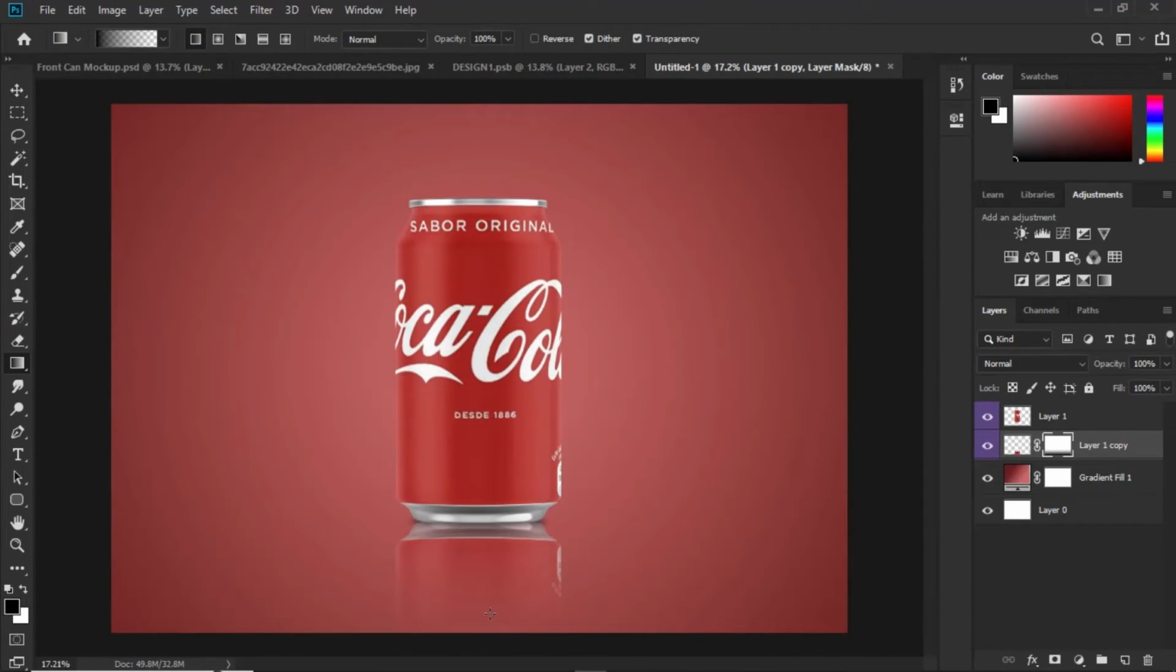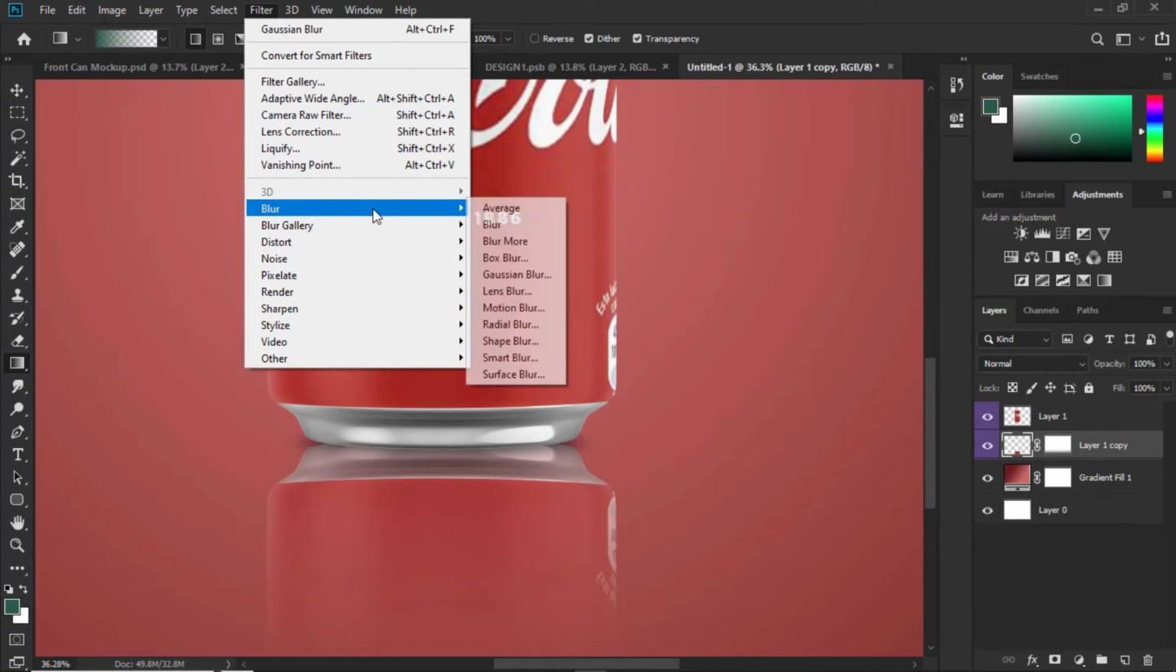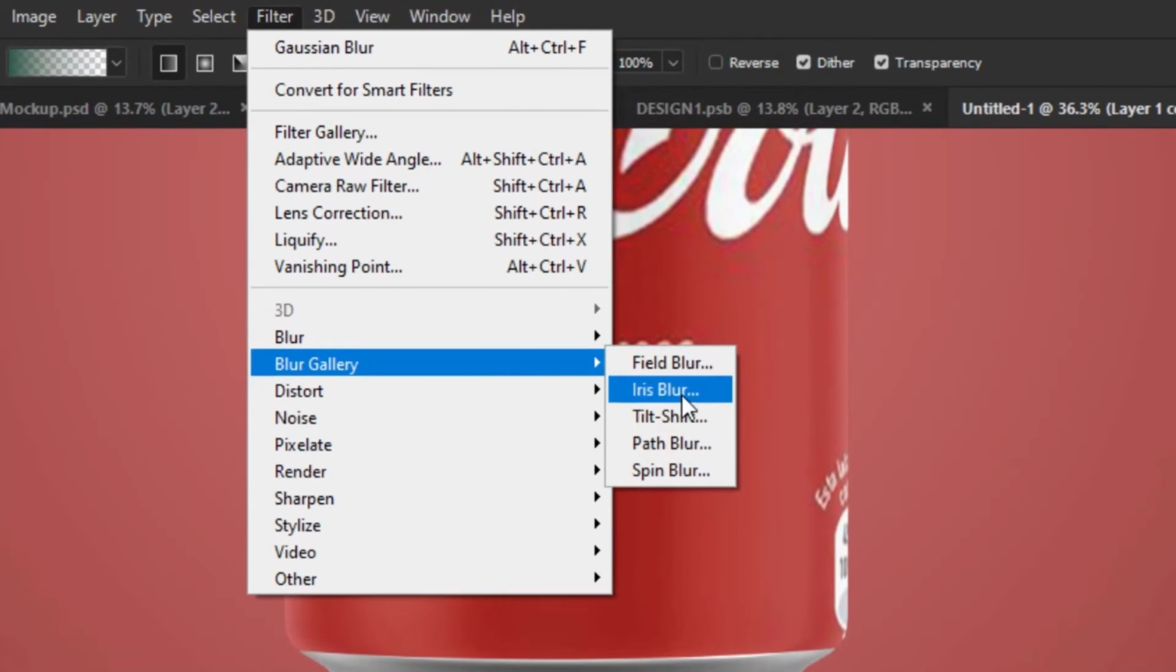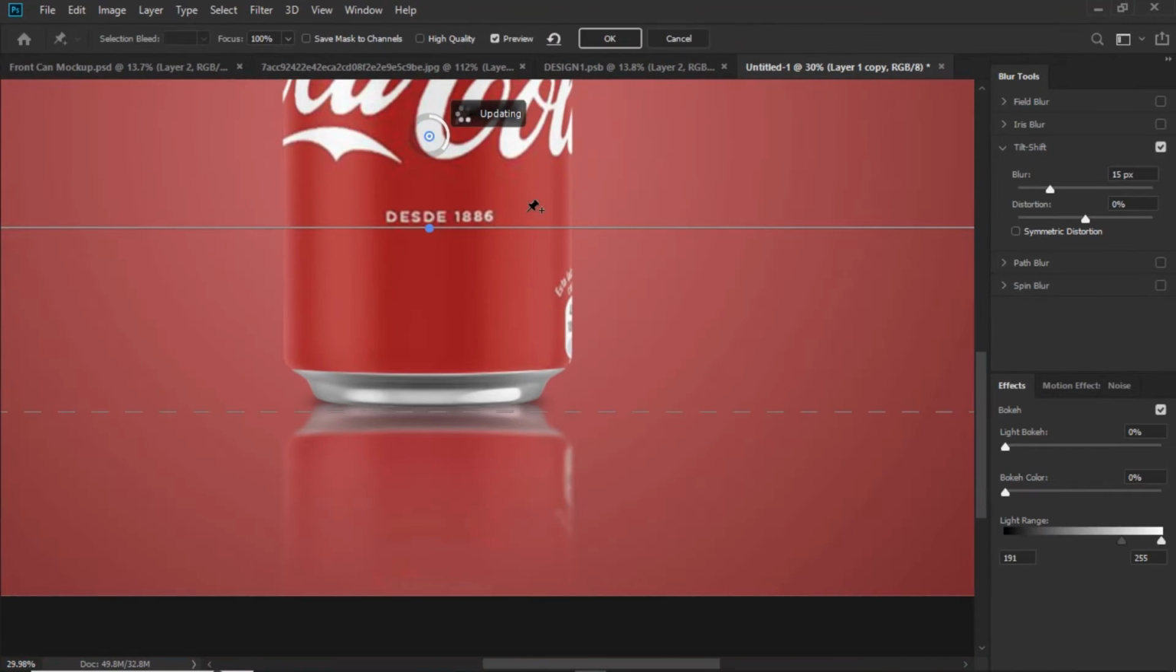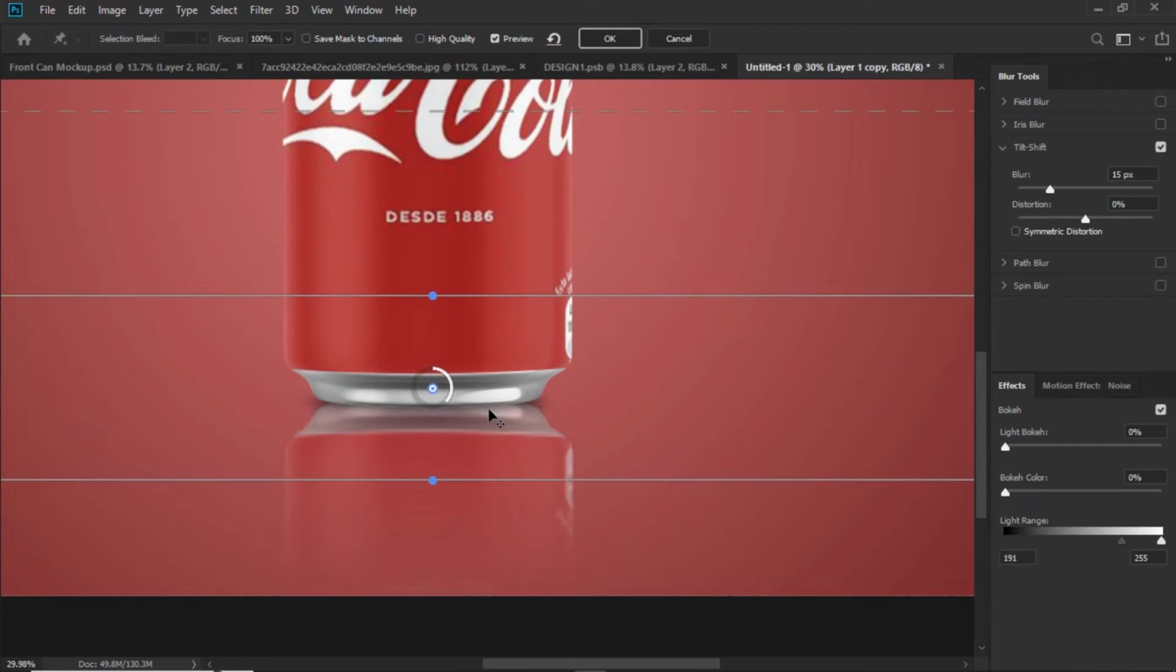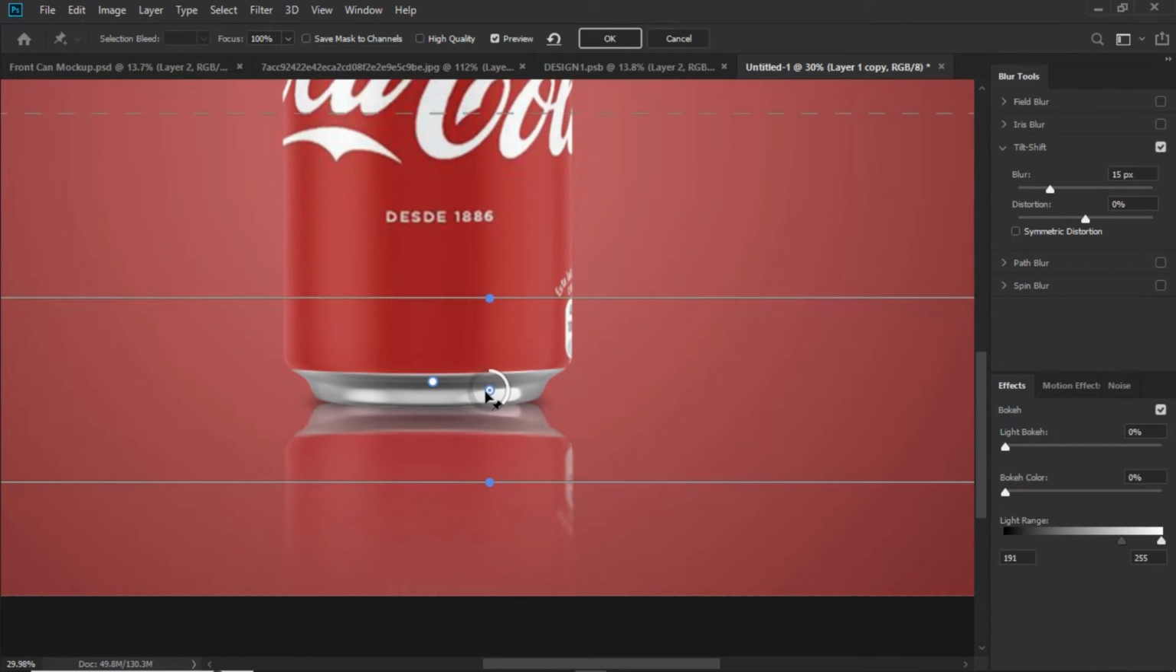Now, let's make the reflection more realistic. Select Layer 1 copy, go to Filter, Blur Gallery, then Tilt-Shift. Click and drag the focal point to the bottom of the can. This gives a focus to the